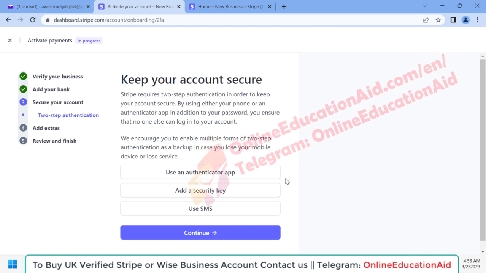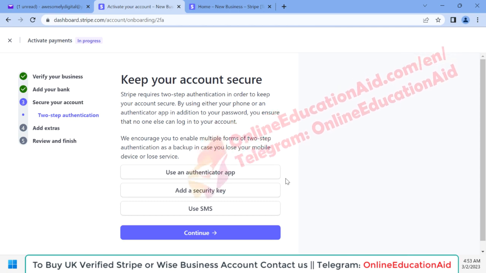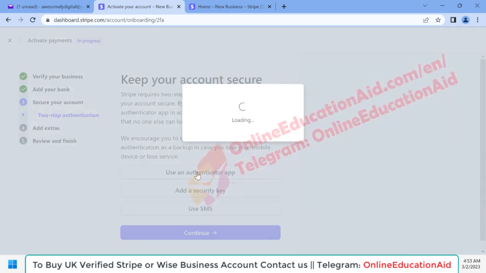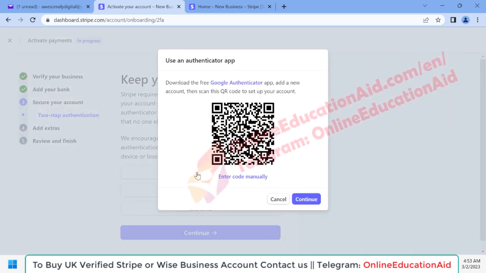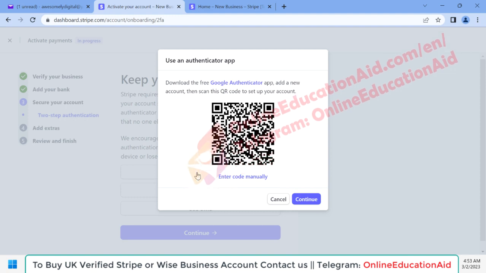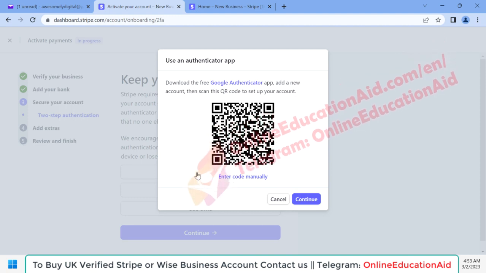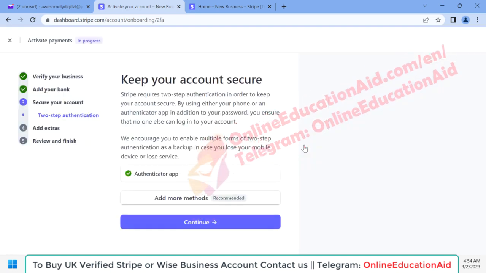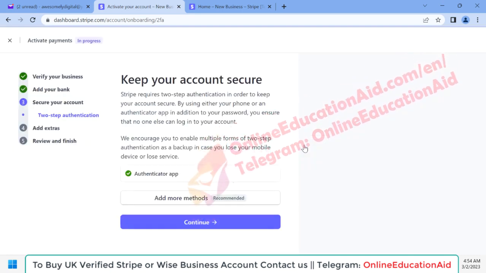Here we need to turn on the second step verification, I mean 2FA. So I'm interested to turn on my account security using an app authenticator. So I'm clicking here. You can do anything, app authenticator, or you can do with the phone number. Okay, so I'm interested to app authenticator, and you can see here our app authentication has been added as a 2FA method. And now we need to click on the continue button,